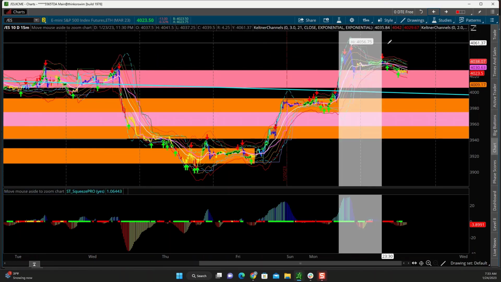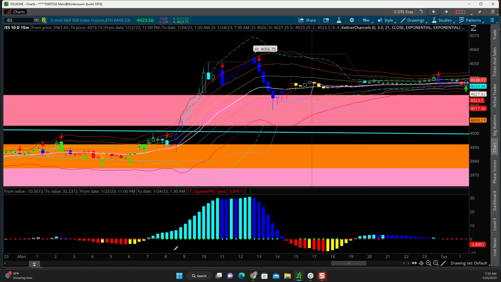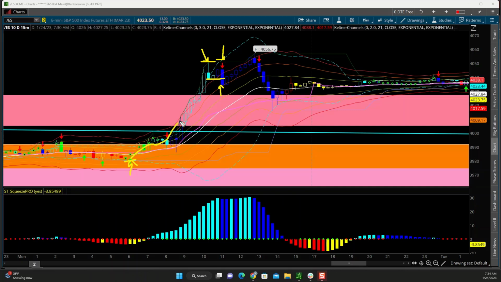What exactly is it? Basically, long story short, I know it looks like a lot of lines and stuff like that, but what I want you to focus on is these arrows. When these arrows form, this candle right here pierced the 21 price bar high. And then when a candle gets below it, which would have been this candle, it triggers a sell signal, and then vice versa, it does it for buys. So like right here, buy signal, you go long, stop at the lows, look for it to move.